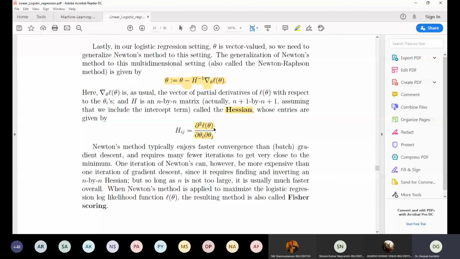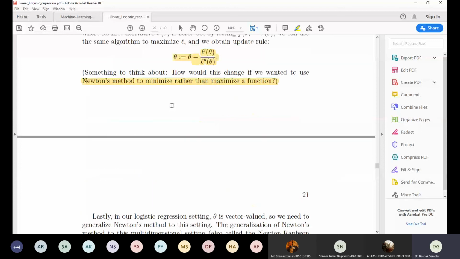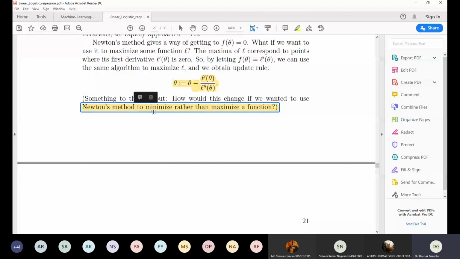In MATLAB or other tools, there is direct computation of the Hessian matrix. You can compute the Hessian matrix, put it in this, and directly get the updates of theta. That is with the Newton rule. So unless you want to do some numericals or some programming example over it, you won't get this. So my suggestion to you, as I told you in the previous class also, is to go through some examples also.